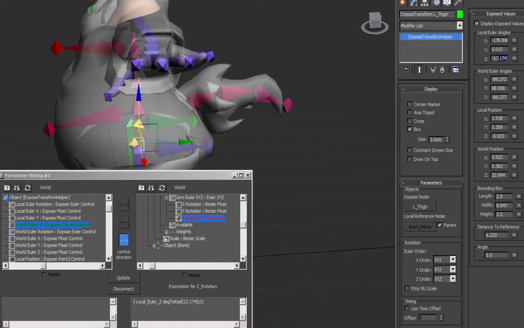And so what I did was, if you go into the expose transform, you look in the local Euler angles, you can see that it starts off with negative 13.174 degrees. However, we need it in radians here. So I go degrees to radians, and I want to subtract that amount from the negative amount of the local Euler Z. And you find that out from just playing around with it, like if you start off, just go negative or positive local Euler Z, rotate it and see what it does,